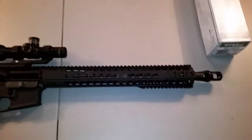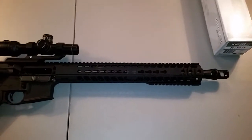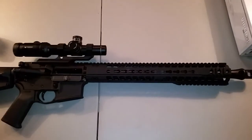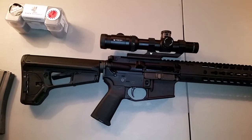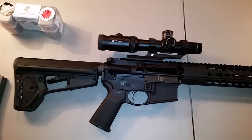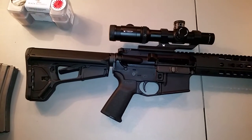I built an upper to do some varmint hunting with, chambered in 223 Wylde. Wasn't real happy with it, so I sold the scope. Still got the upper. I'm not going to get rid of the upper, but decided to sell the scope to purchase a new scope and purchase the 458 SOCOM upper. And